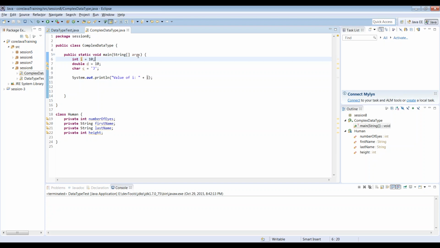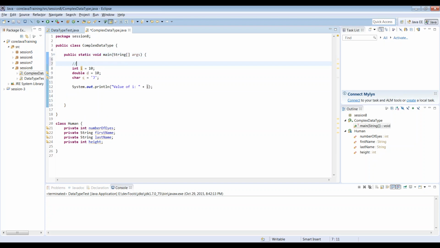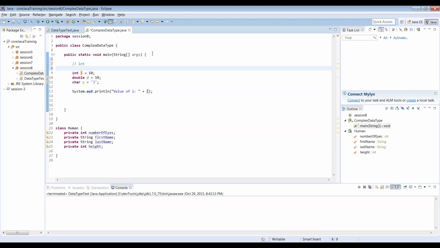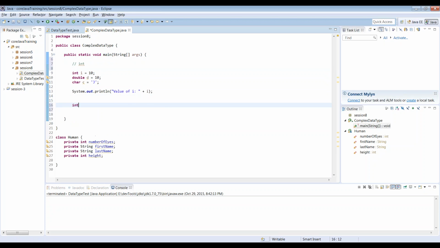For example, int is a keyword which represents 32 bits of memory for storing whole numbers, right? So this is a keyword of Java. What does that keyword mean? It has a special meaning in Java. You can't use that for declaring any variable. For example,